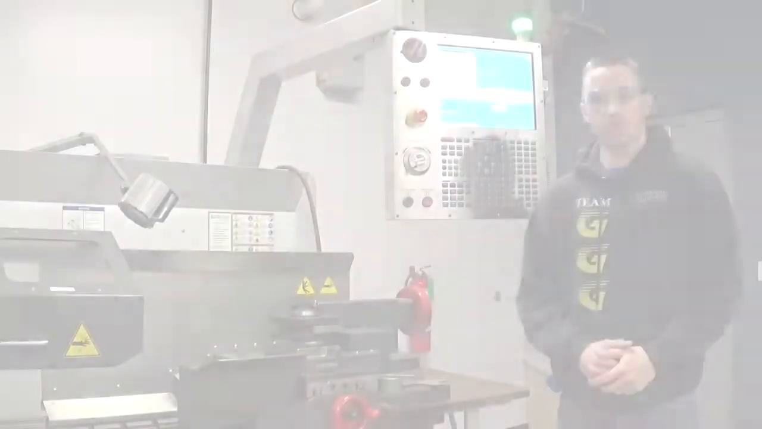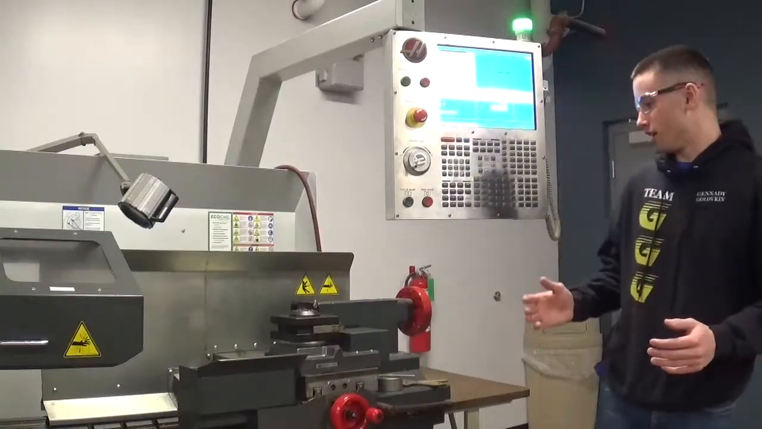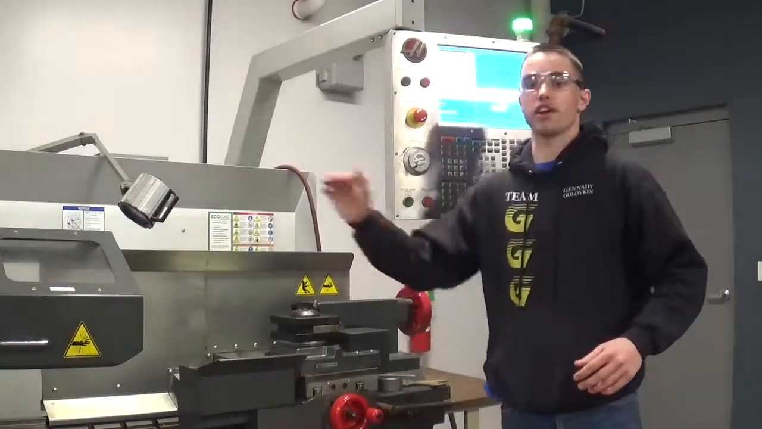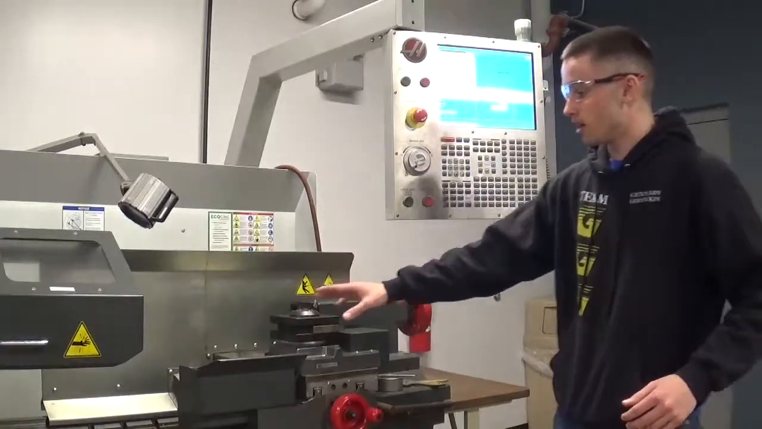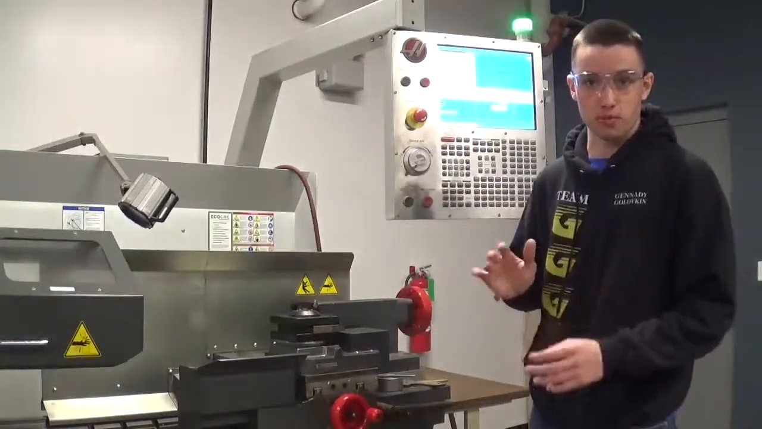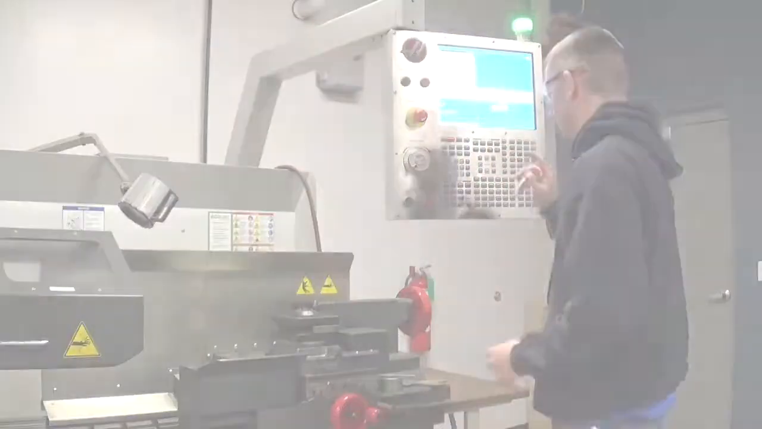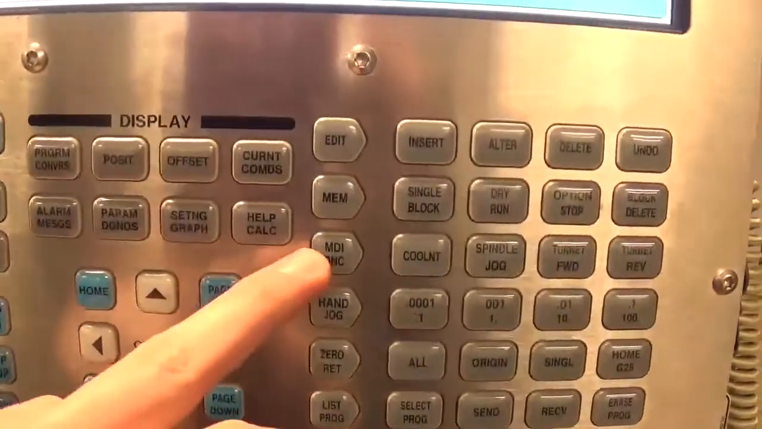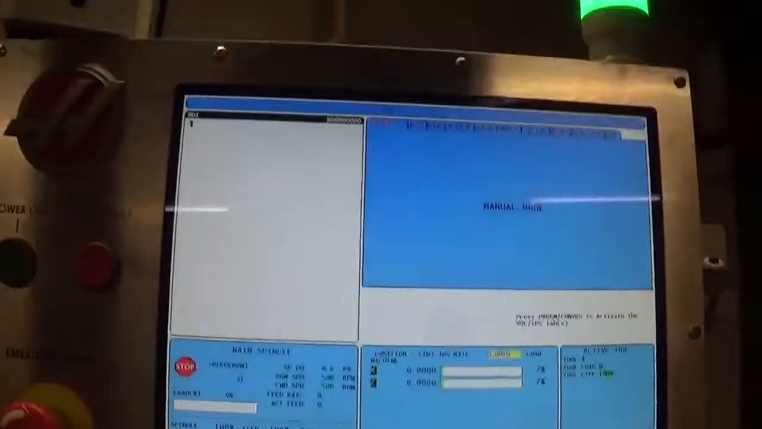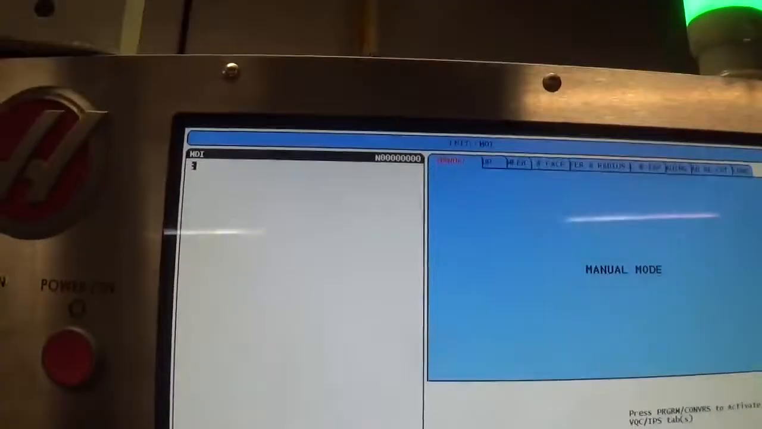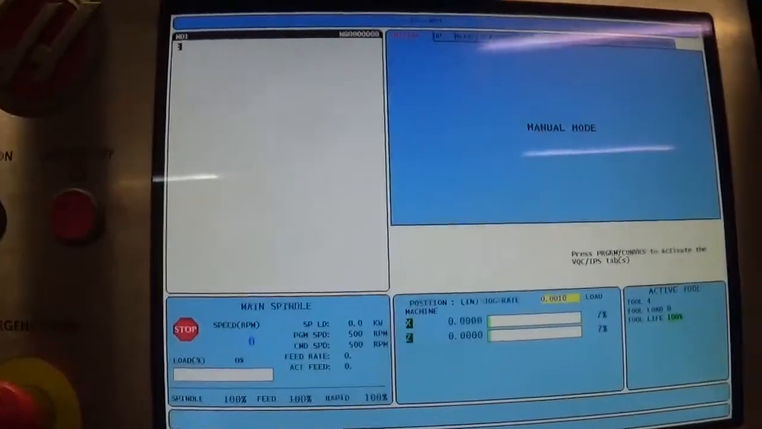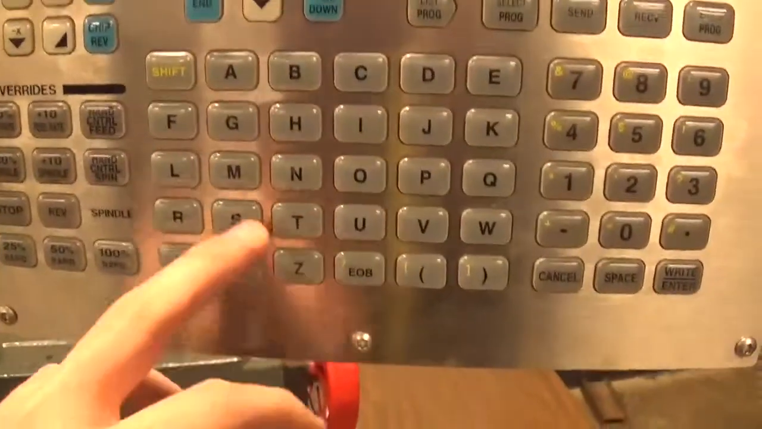Let's go. Alright, so I'm out in the shop, and first option I want to go over is turning on your spindle. We're on a lathe here, and for some reason you need your spindle to be turned on. So what I'm going to do here is go to MDI. So you can see I have my MDI button here. I'm going to click it, and it brings me to this screen where it looks like you have an empty program. So to turn on my spindle, I type in